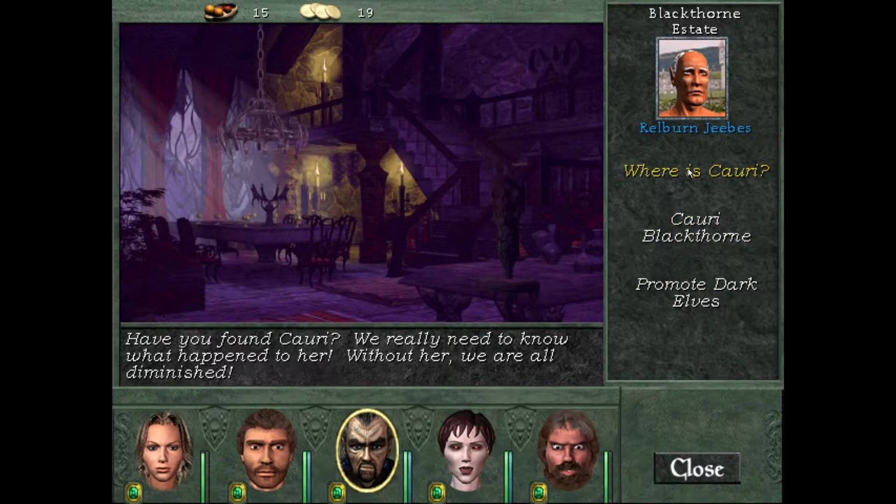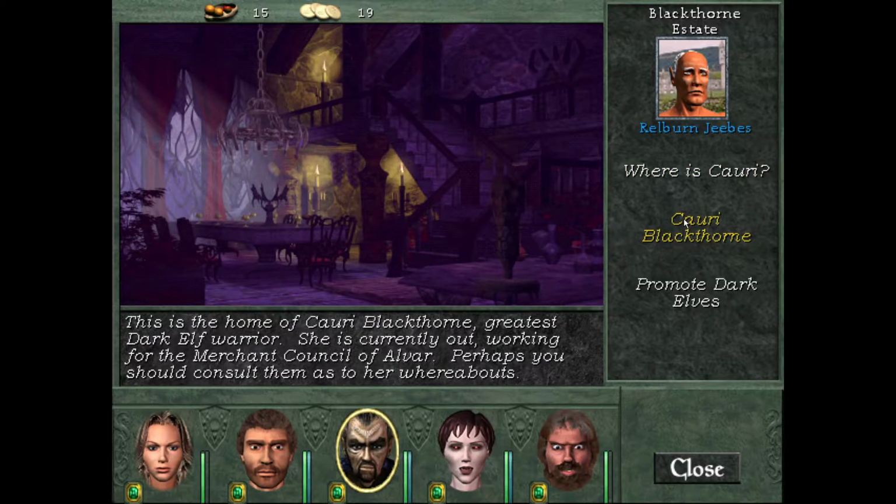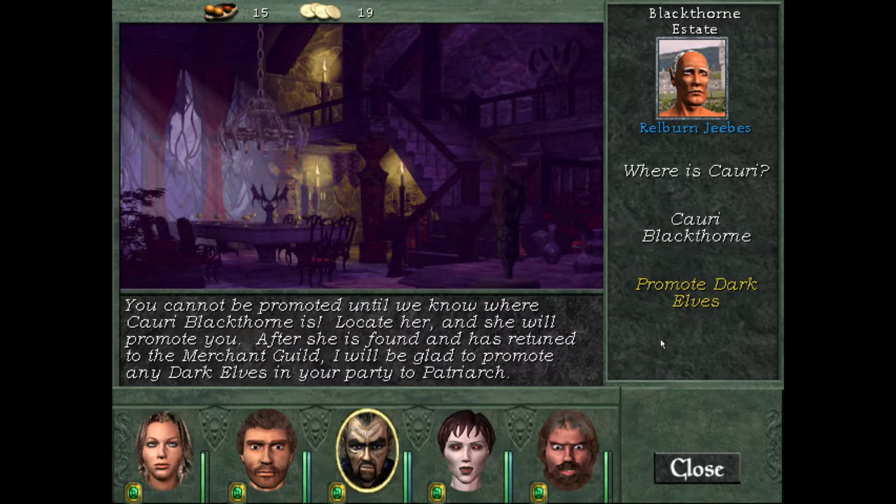Where is she? Have you found her? We really need to know what happened to her. Without her, we're all diminished. Excuse me. This is our home. This is the home of Cora Blackthorn, greatest Dark Elf warrior. She is currently out working for the Merchant Council of Alvar. Perhaps you should consult them as to her whereabouts. And then, you cannot be promoted, blah blah blah. I would be glad to promote any Dark Elves in your...